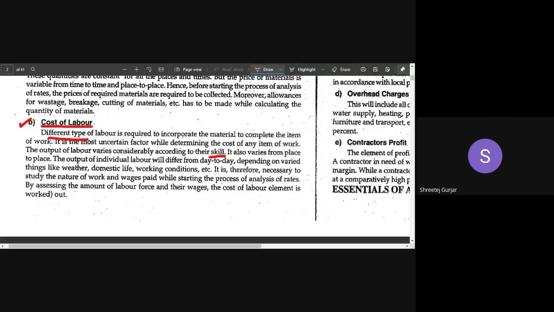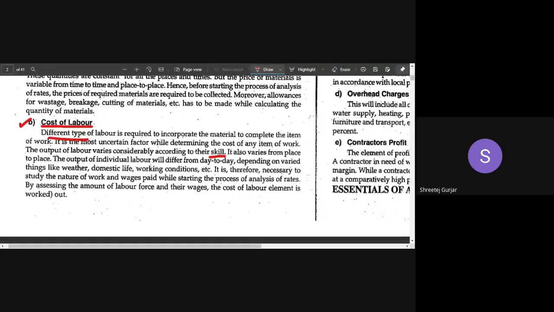analysis of rate. Okay, so I have to go through the particular state's schedule of rates, and you have to see what the prevailing rates are in that particular area. Every state has its own PWD, WRD rates. Schedule of rates, every state has its own. So you can go through that. I'll show you the WRD rates and PWD rates of Karnataka.